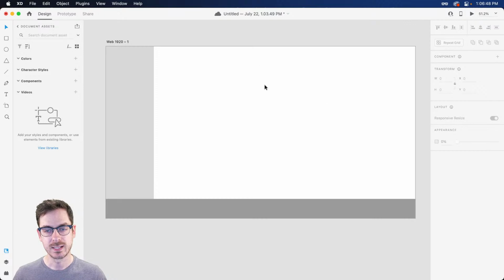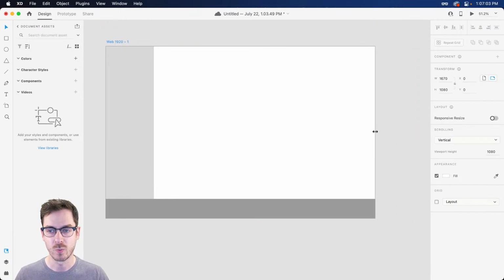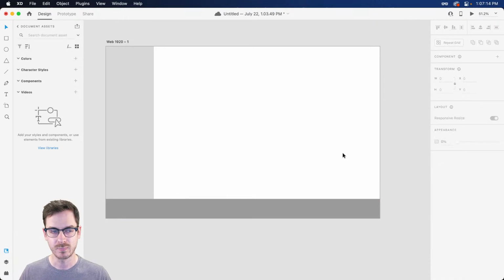And then we have, this is the home screen. So we're gonna have a lot of content in the center. And depending on how you want your application to be displayed, whether it's full width or a little bit collapsed, you can definitely adjust the artboard a little bit. So if you don't want to work at 1920, sometimes you want a little bit squishy. Squishy, is that a proper design term? I don't know. It's going to be now squishy, right? But with responsive resize, we'll be able to very easily resize some of this stuff.